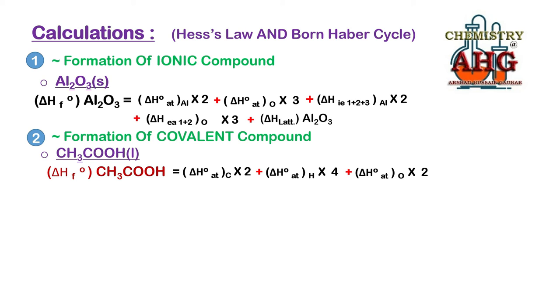But for bond enthalpy or bond energy, there is one additional piece of information that you will have to keep in mind: the displayed formula of the organic compound. What is the displayed formula of the organic compound? You must be able to write down the displayed formula. I am writing it in front of you. This is the displayed formula. Why is this necessary? So that you can come to know how many different types of covalent bonds are present and which bond enthalpies you are supposed to write in the formula.